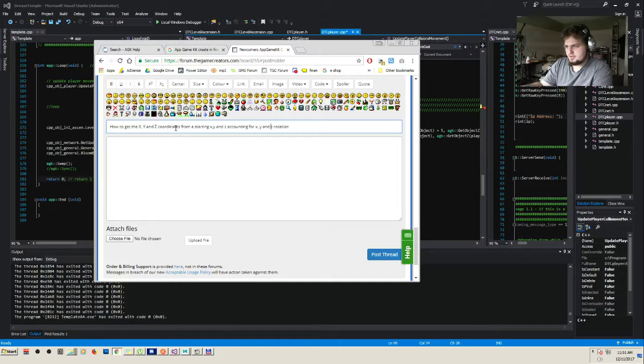X, Y, Z rotation. If I want to position an object just off, just off, jeez, just off